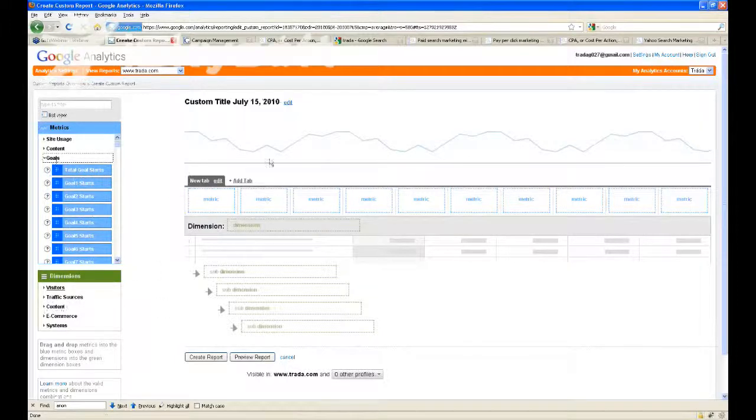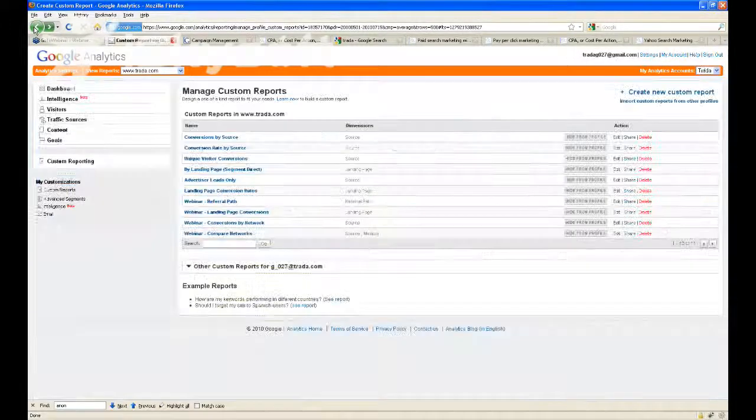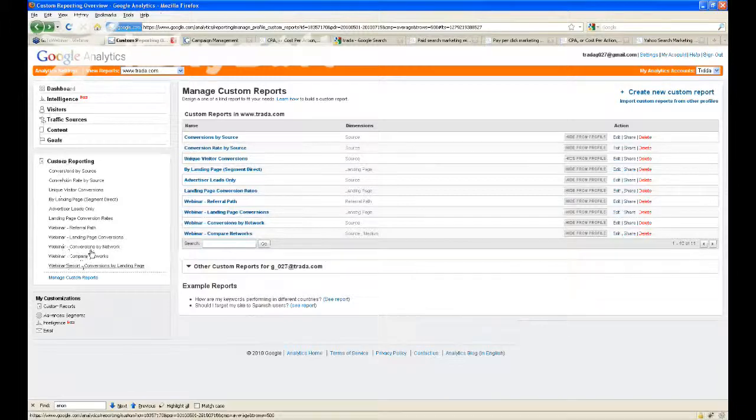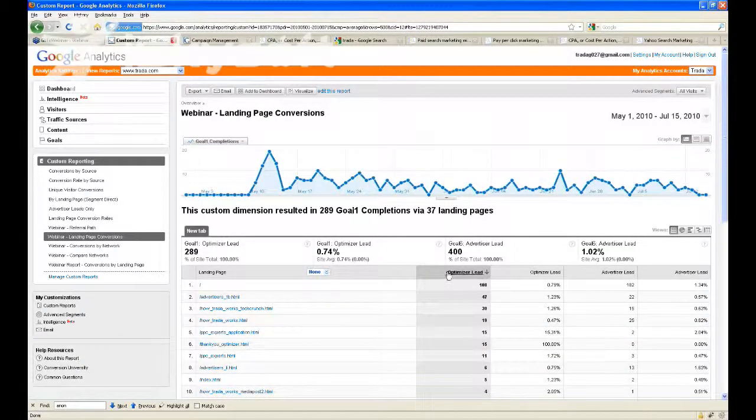goal 2. But these are all reports that I built, and when we actually run one, let's go run the landing page conversions, you'll see that it refers to them as optimizer lead, advertiser lead, etc. That's because I've named them when I set them up. So you can't get around the problem of Google's interface when you're building a custom report telling you goal 1, goal 2, goal 3, but when you're actually using the information in the system, it will apply this name to